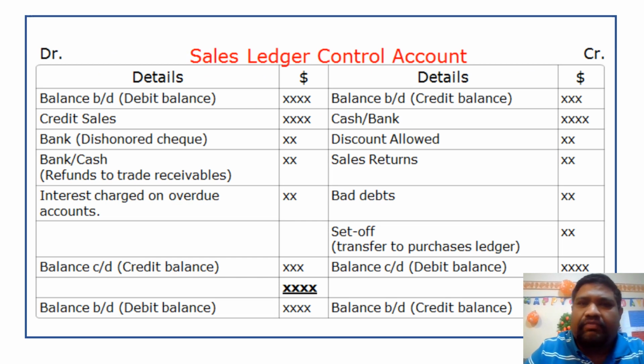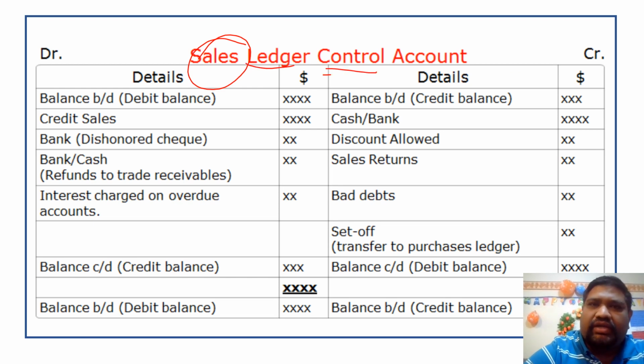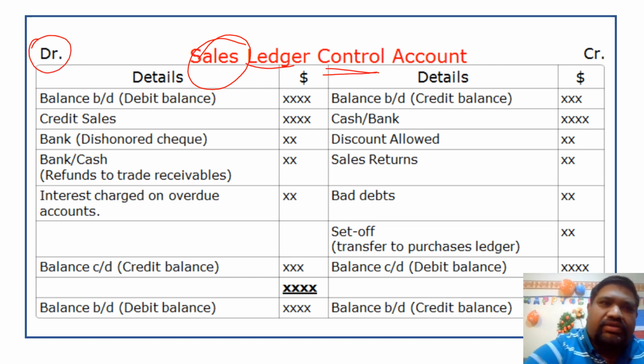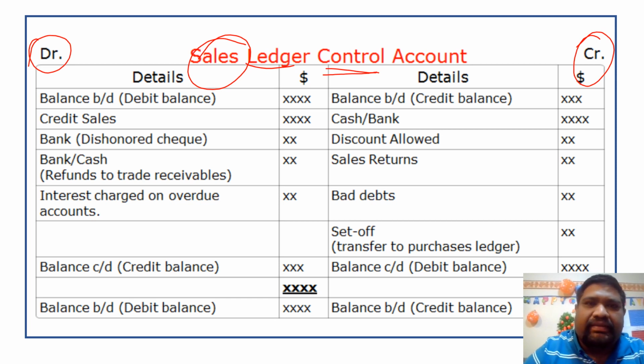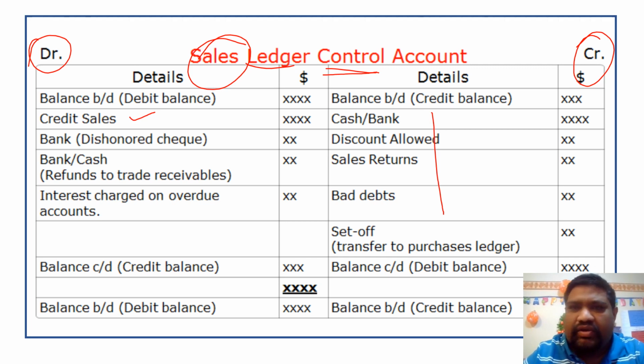This is the format. The heading is sales ledger control account. You have to write control account and debit, credit. Then we'll discuss credit sales and this part in the first couple of minutes, then we'll go for the further things. Now, if you observe the things,